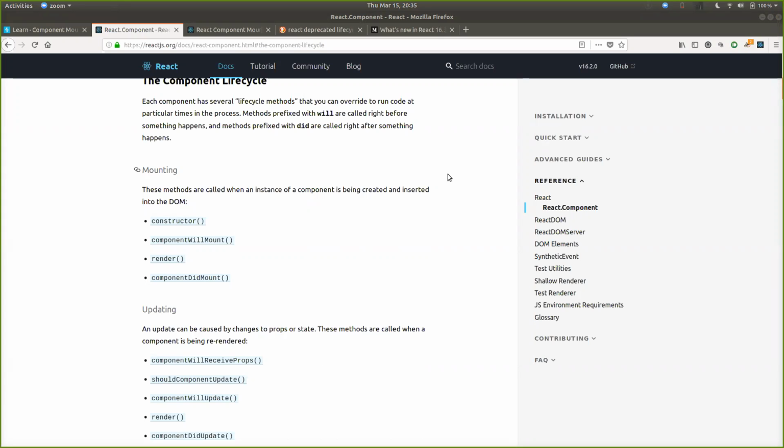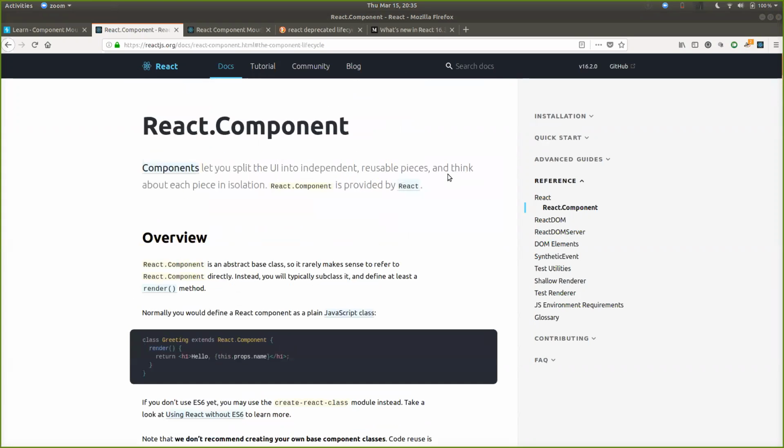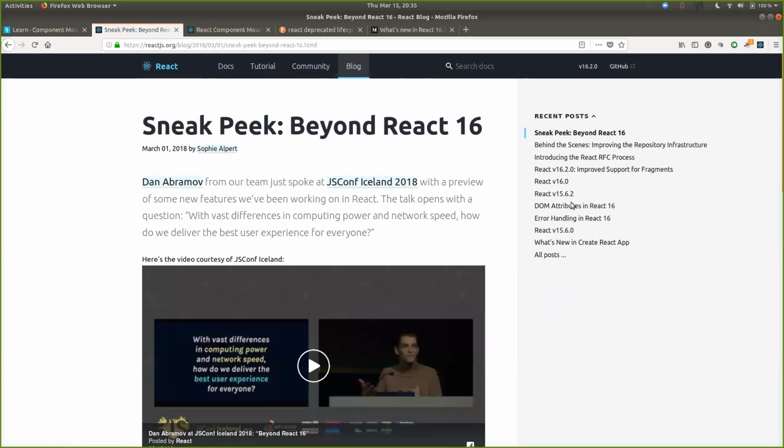Yeah, I wish there was a centralized source of some of that stuff. I found the actual docs, or the actual blog, is really good for released stuff, like 15.6.2, 16.0, 16.2, and stuff like that. I guess not so much about what's coming up. Although this sneak peek